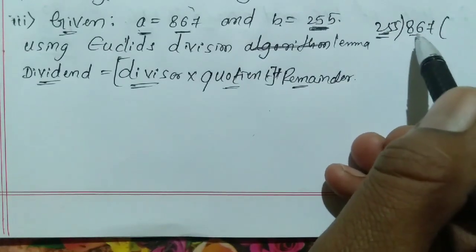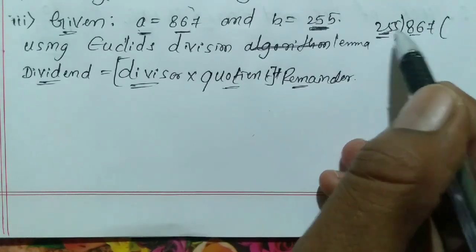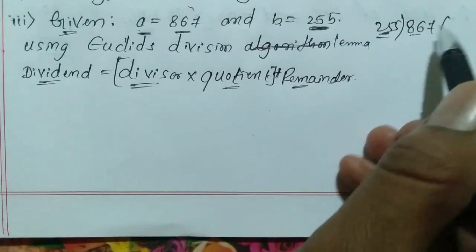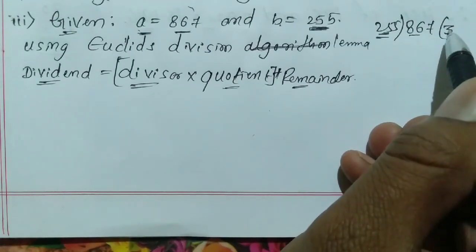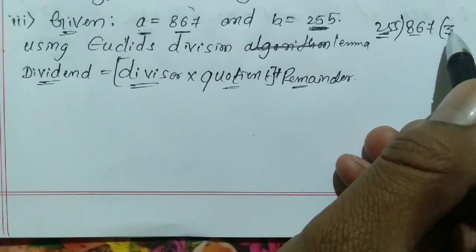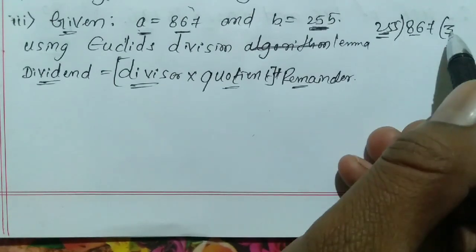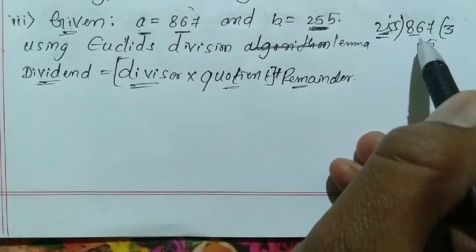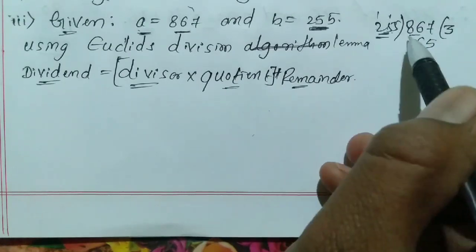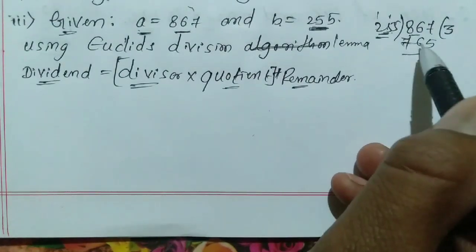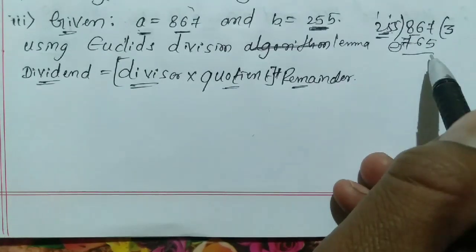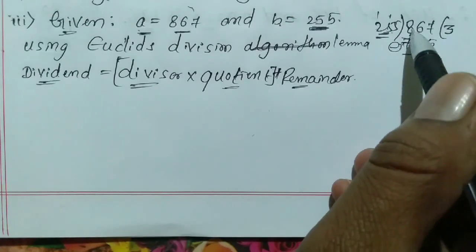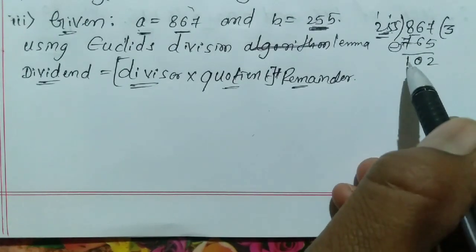So here this is 25, this is 86. So in 25 table, is 86 there? No. Less than 86, that is 75. 25 threes you can write. 25 threes 75, right? So you can multiply this 255 by 3. 3 fives 15, carry 1. 3 fives 15 plus 1 is 16, carry 1. 3 twos 6 plus 1 is 7. So this is 765. 7 minus 5 is 2, then 6 minus 6 is 0. 8 minus 7 is 1.